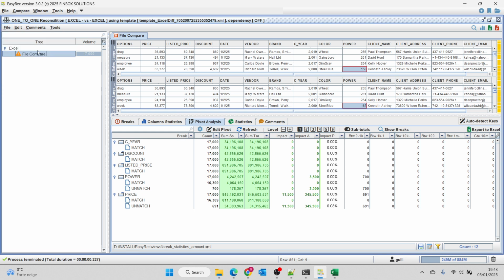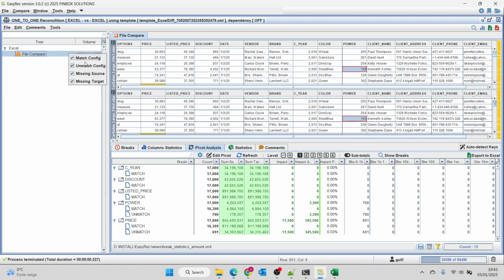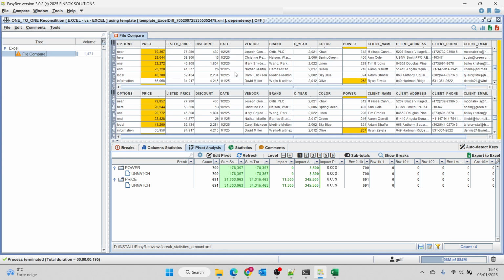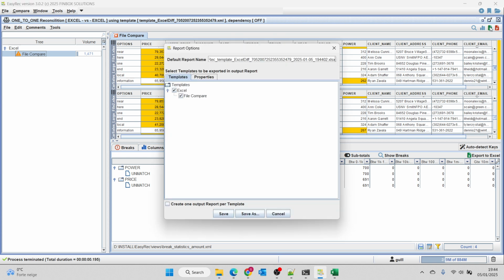If you print the report, you have the ability to say, I want to print the report with all data. By all data, I mean match, unmatched, missing source, missing target. But imagine you say, I don't care about the match, I just want to print the report with the breaks. Feel free to only select break. In this case, the content that you see here is only related to unmatch. And if you print the Excel file from here,